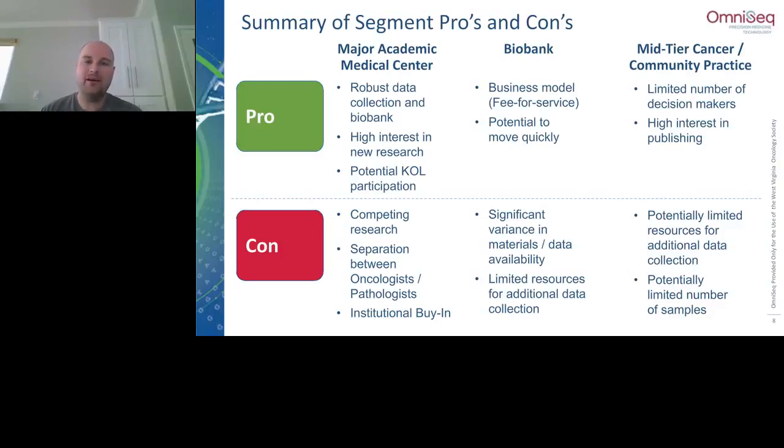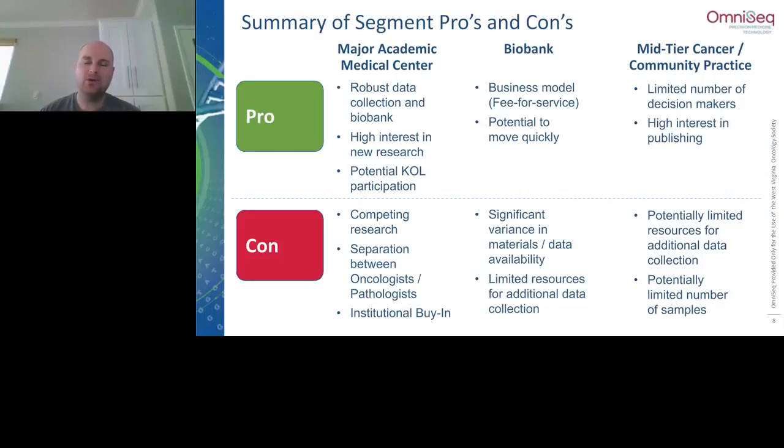Because of that, biobanks do have the potential to move quickly in terms of providing these samples and getting them out. The economics do tend to drive this segment, so the old mantra of cash is king does tend to come into play. However, as we transition to the cons,